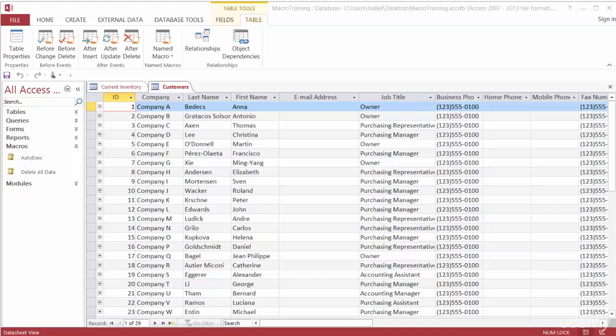Notice on the ribbon we have a group for before events and after events. Let's start with Before Change. Before Change can be used to trigger an error message and block a change, or compare values. You might use Before Delete to trigger an error message and stop the deletion of a record. After Insert, After Update, and After Delete can be used to generate an email or loop through records and even